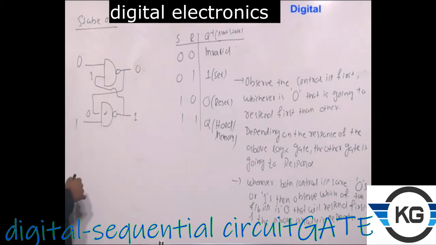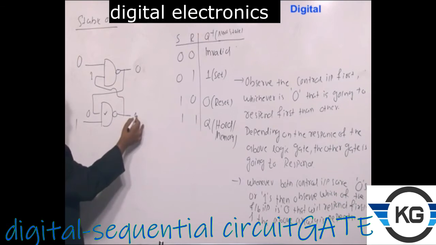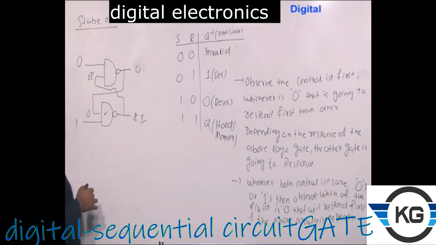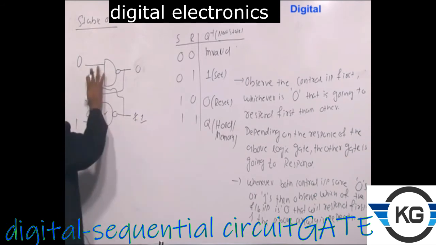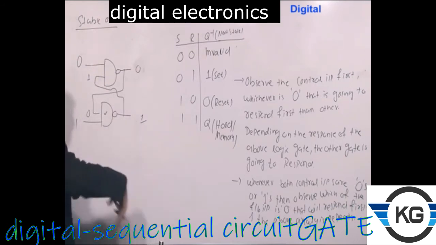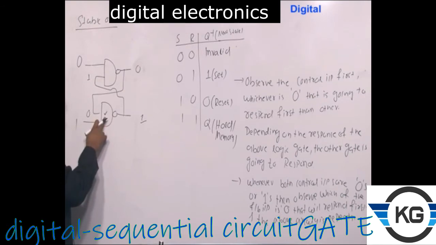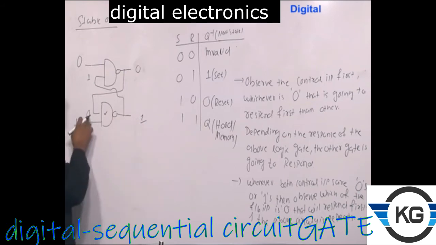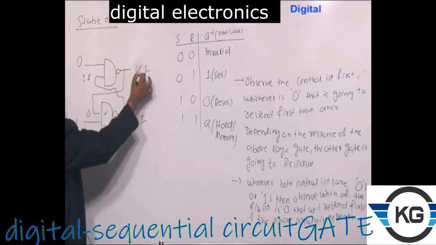What will happen now? You see 1 and 0, how much are you getting here? 1 and 0, you get 1. That is fine. This one is coming here. So how much are you getting here? 0 means this is also coming 1. Is it correct? So this is 0, this is 1. I am showing you the wrong approach. So let us assume that we are going the wrong approach. Now this is responding first. Here one of the inputs is 0, so the output will be 1. This one is coming here. So this is 0, and this again is 1.